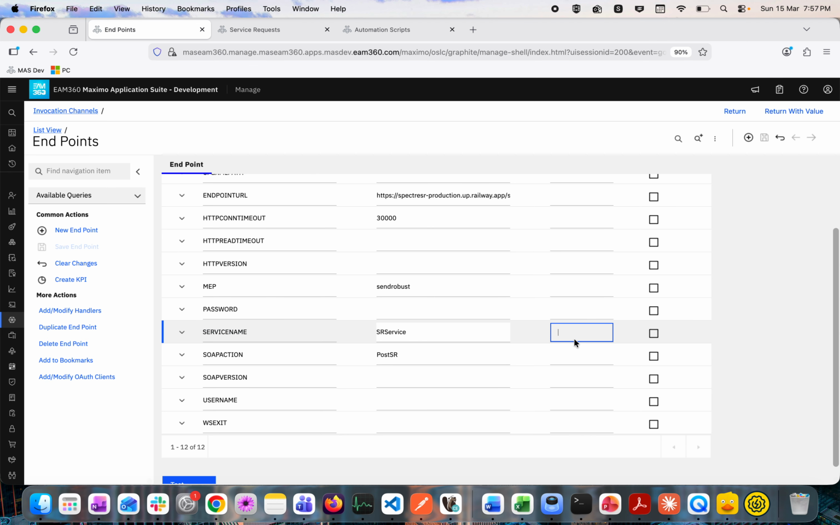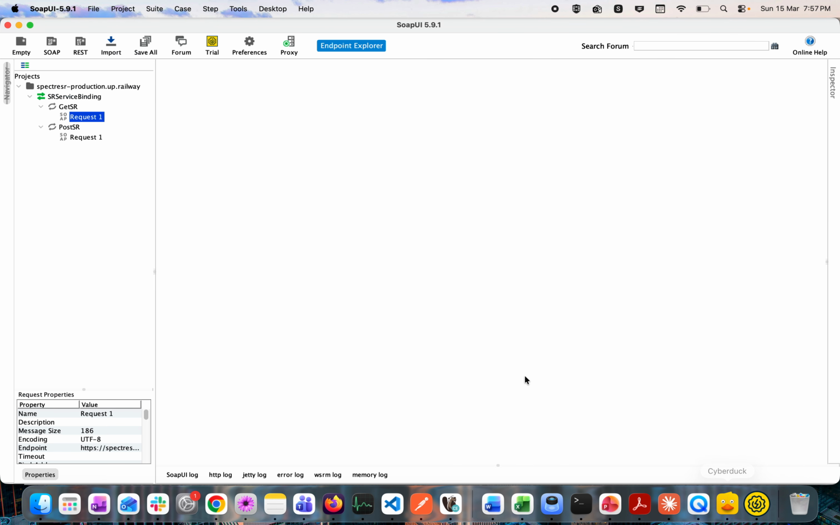So basically this is a web service. It has web service as well as API endpoint both, but we are using web service here. So for the case of web service, this is the name of the web service which we have, and then this is the action. Post SR is basically an action. So if I open SOAP UI,